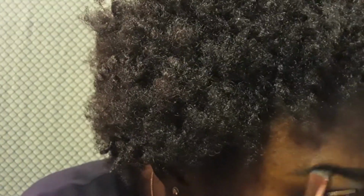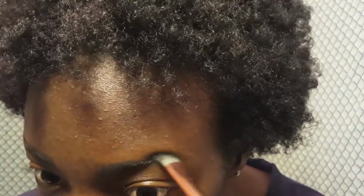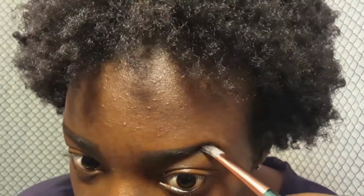Then after that, I just use eyeshadows, nothing big, or you can use brow powder. I use black on my ends and lighter on my front so it looks nicer. Okay, so I did the black and now the brown, and now I'm gonna use